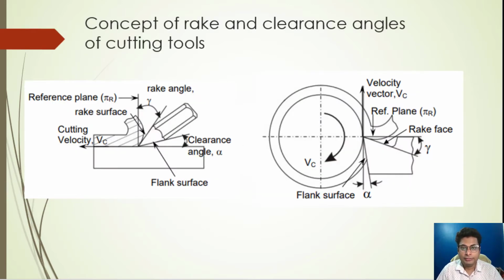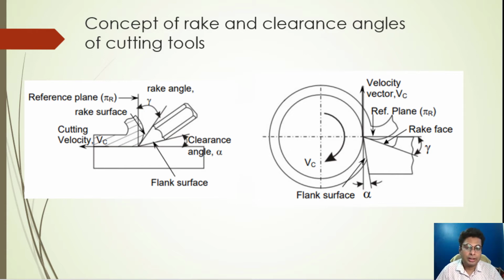Now I think we are a little bit familiarized with the terms such as rake angle, clearance angle, rake surface, etc. Now, the word tool geometry basically refers to some specific angles or slope of the salient faces and edges of the tools at their cutting point. Rake angle and clearance angle are the most significant of all the cutting tools.